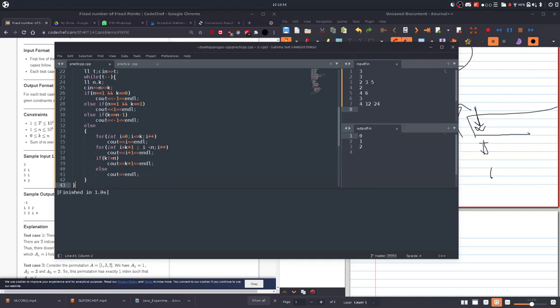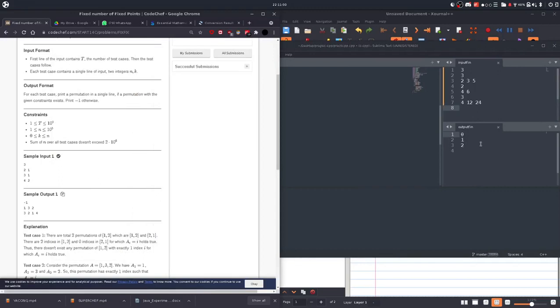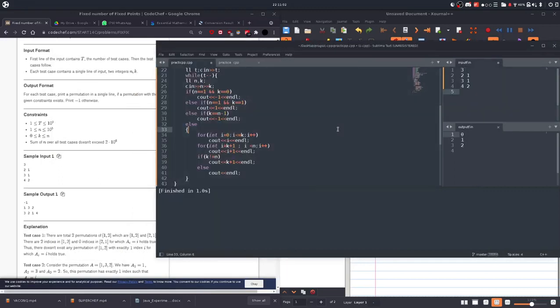Now let's check the input with the CodeChef's input and see if it's coming correct.